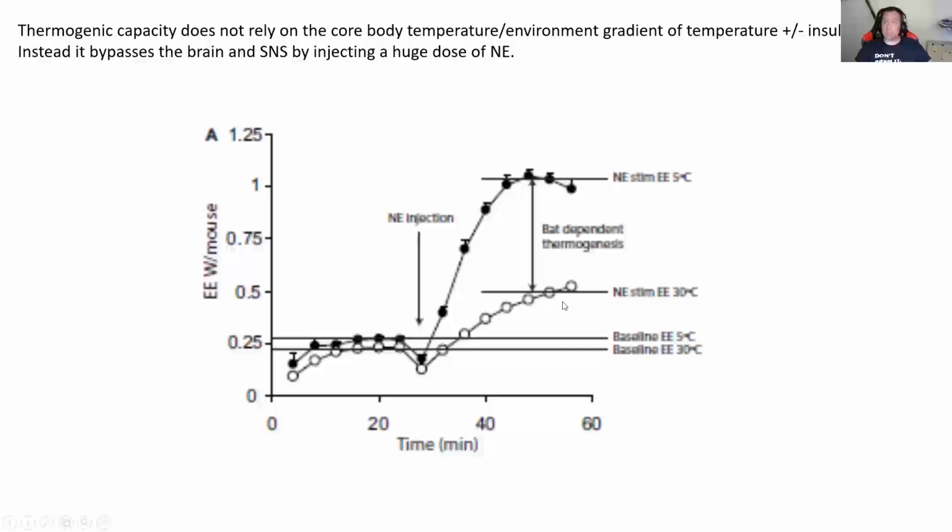Because now at 30 degrees C, we should have largely shut down our brown fat and de-differentiated and lost UCP1, mostly. But there are still norepinephrine dependent processes like signaling, like the heart, for example, that will increase energy expenditure. At 5 degrees C, we've made all of our white fat brown, and we've got loads of UCP1. And so this differential between the norepinephrine stimulated energy expenditure from the 30-degree acclimated mice to the 5-degree acclimated mice is the BAT-dependent thermogenesis. To show you this in the UCP1 knockout, which obviously shouldn't be able to do this,